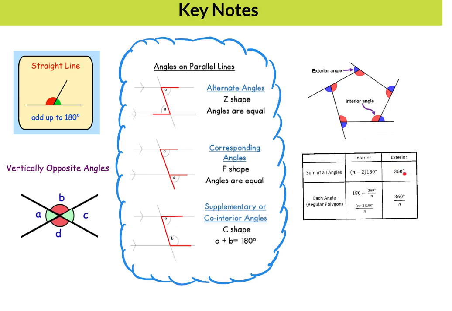The total of all the angles outside is 360 degrees, no matter what polygon you have. All polygons, the exterior angles always add up to 360. If it's a regular polygon, you can actually work out exactly each angle. For that, you would work out the sum of the interior angles, and then you would divide by the number of sides. There's another way of writing that formula, which is 180 minus 360 over n, which if you